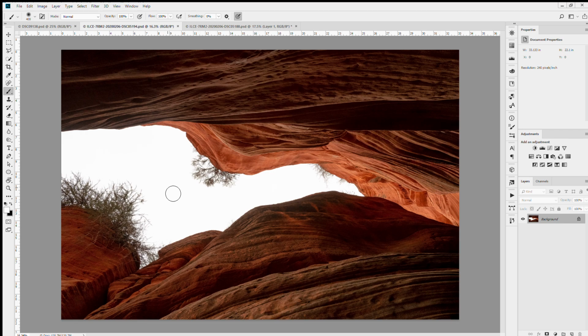sky into an image and you are faced with edges like the bushes here in this photo, which was taken inside a slot canyon on a somewhat overcast day. So the exposure was for the slot canyon walls, but the sky winds up being almost pure white. So what we want to do is drop in a different sky into this region, and the sky that we'll